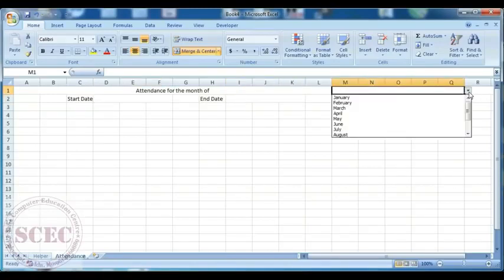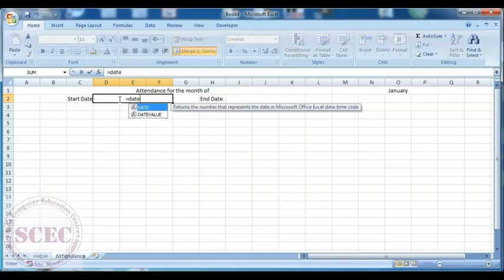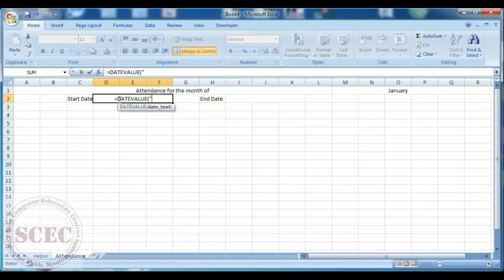So first let's select the month January, and now we will put a formula here to get the first date of January. Type here equal to DATEVALUE, open double inverted commas, 1, close double inverted commas, and select the month cell, that is M1, then close it.